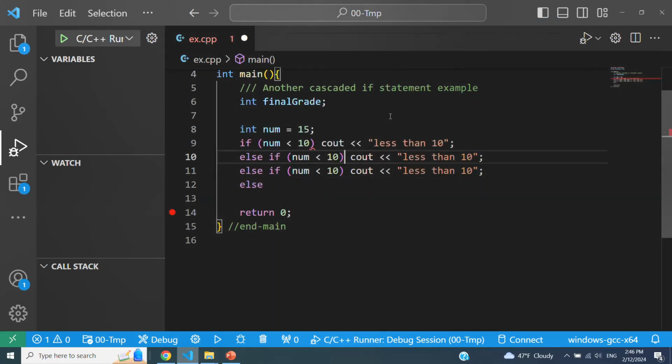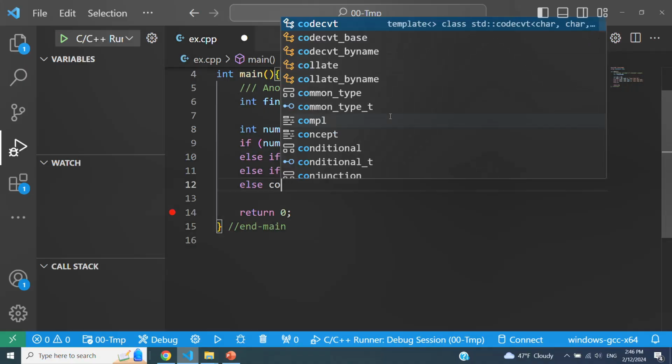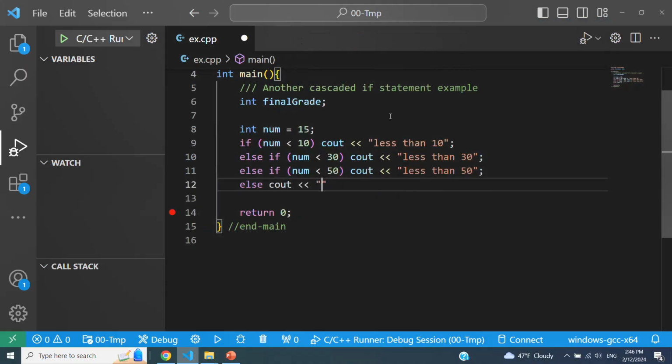If it is less than 10, it's less than 10. If it is less than 30, then that. If it is less than 50, then that. Otherwise, cout greater than or equal to 50. So that's what it means.